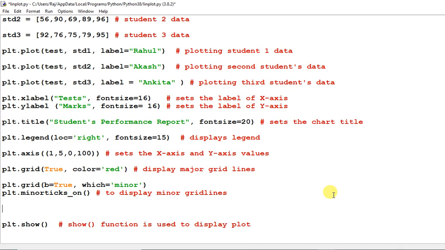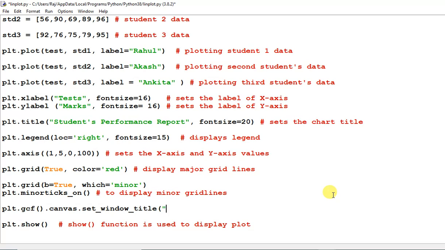Here we can pass the command plt.gcf, a function that returns the current figure, and then canvas, we have to use canvas.set_window_title. We have to use this function, and that will set the window title.